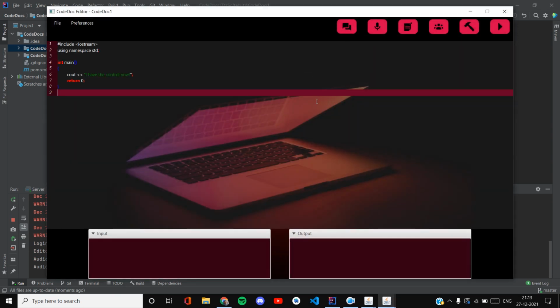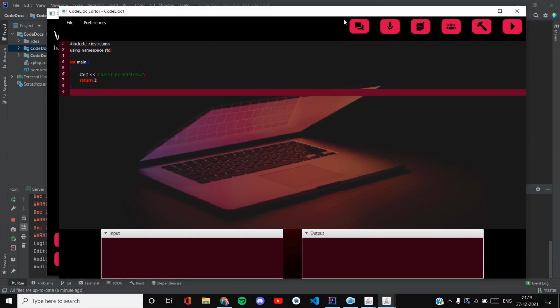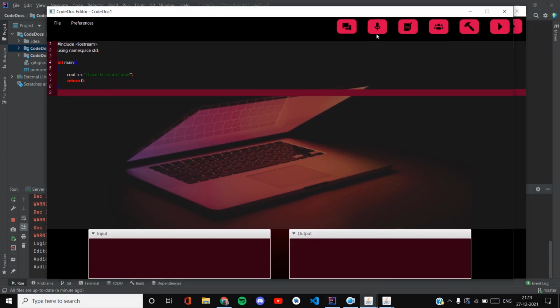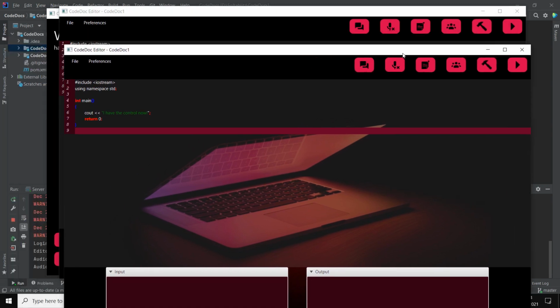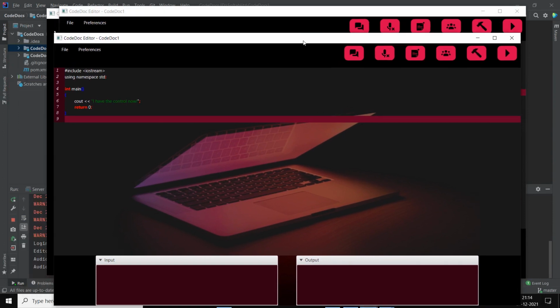Now the noise you are hearing is not a bug, it's actually a feature, the audio feature, while the users are editing the same code. So I'll just mute both of them. Okay, I'm muted. Now this is the editor corresponding to Harsh.